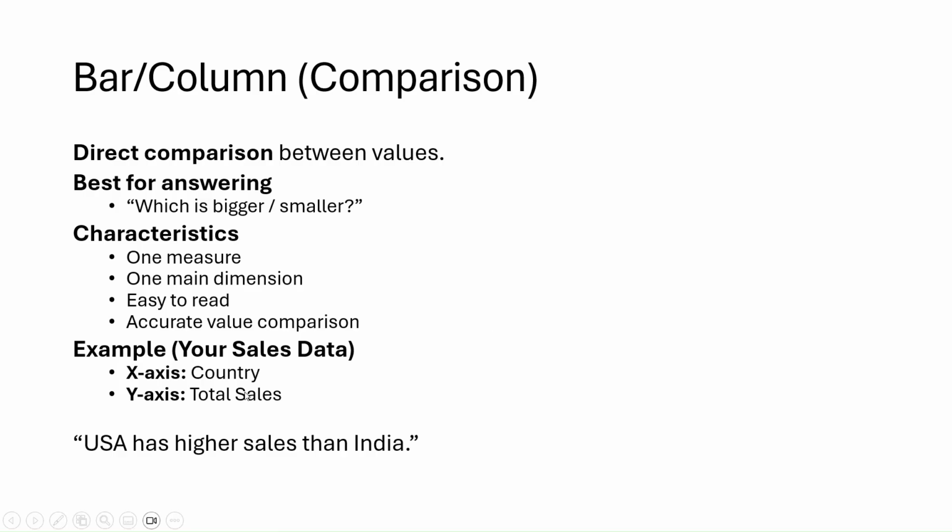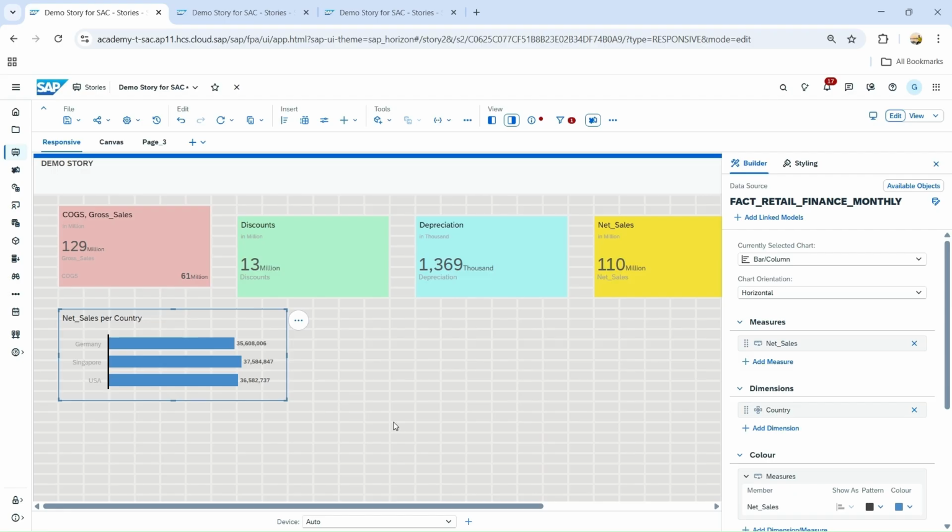So here, this is just an example. In our case the data set is different. In our data set it says that Singapore has the highest net sales when we are comparing the country, and we have only 3 data points. Maybe in your case it will be more, or instead of using a country, you are